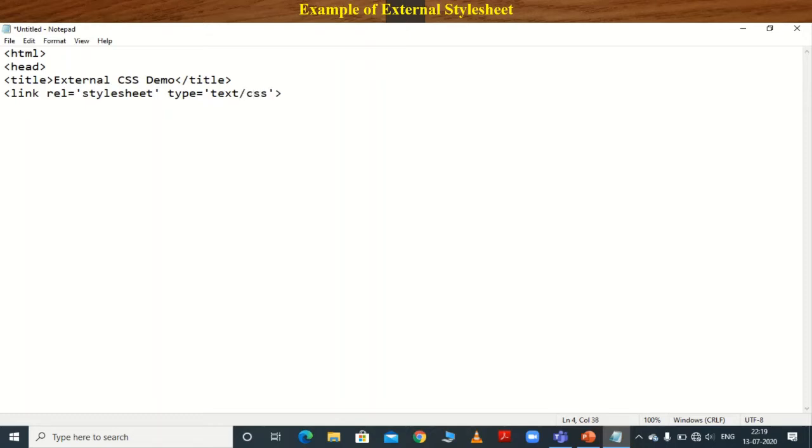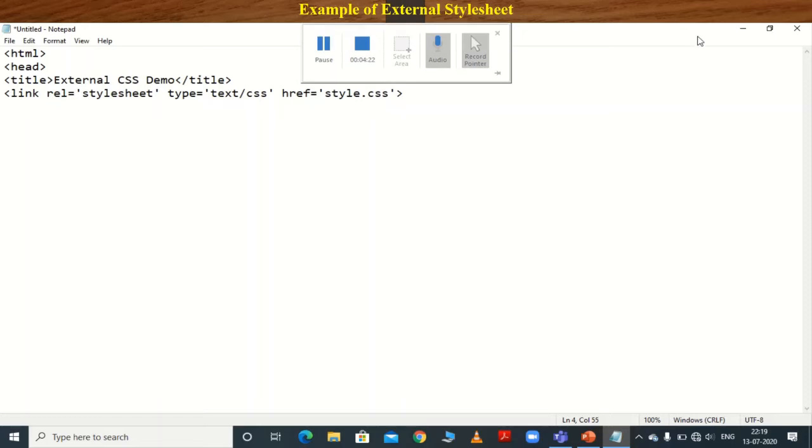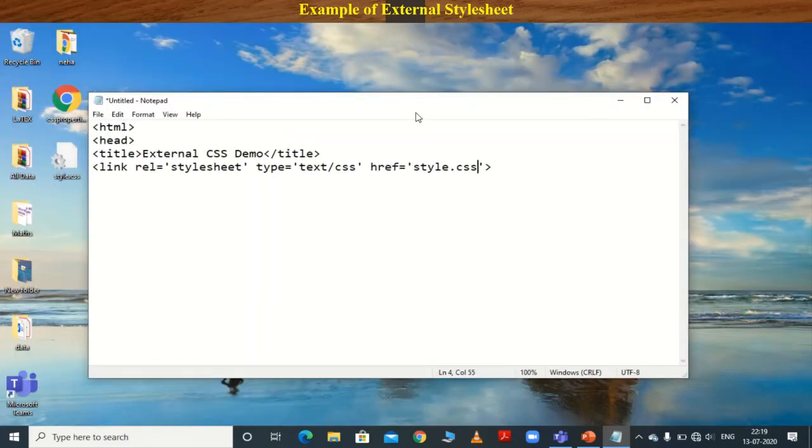Then the next attribute is href. The href attribute is for giving the path of your .css file. In single quotes, what is the CSS file? That is style.css. The style.css file is saved on my desktop, and this new file is also saved on the desktop.